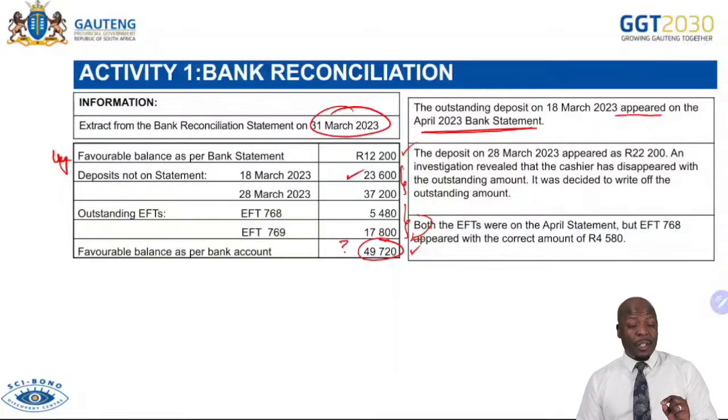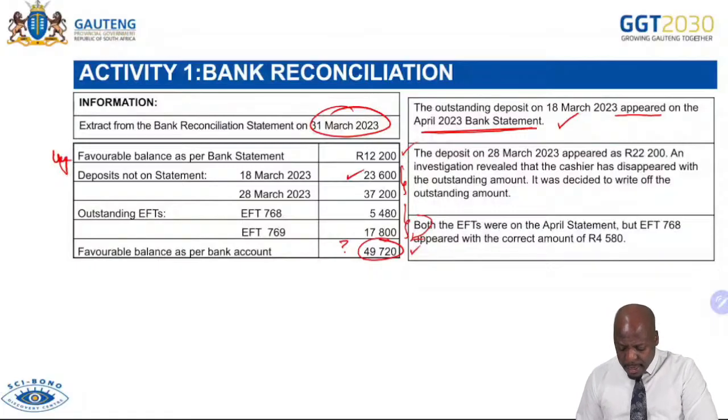Once an amount that was in the previous month's BRS now appears on the bank statement, it simply means we have found it. So in essence, we don't record it anyway, except if there is an error. But like this deposit of 23,600, we simply come here and we tick it. Then there's nothing else that we're going to do. Okay, so you do nothing with this first one. Let's read the second one.